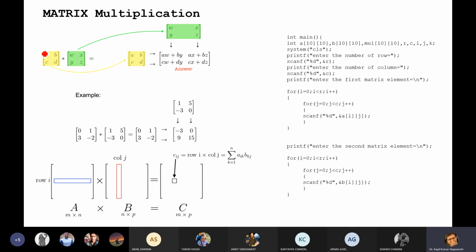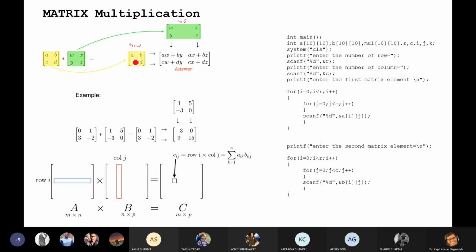And how do we multiply? We are choosing a row of this particular matrix and a column of this green matrix. So here we have put column-wise w, x and y, z, and row-wise this. This uses the row and this uses the column. Now here you can see that a is multiplied by w plus b is multiplied by y. So this will generate the first element of the resultant matrix.